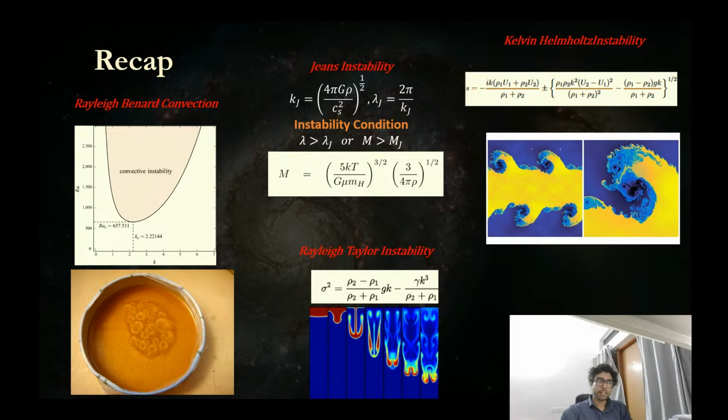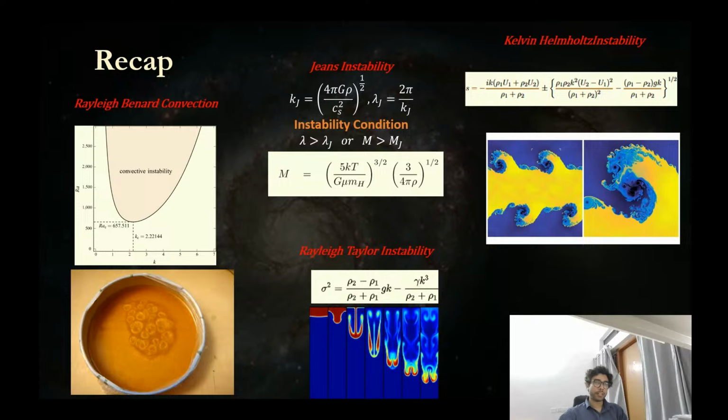So last week we studied different kinds of instabilities. For example, Rayleigh-Benard convection, Jeans instability, Rayleigh-Taylor instability, and Kelvin-Helmholtz instability. And prior to that, we also studied another instability, which was the Schwarzschild instability. All of these different instabilities occur due to different conditions. For example, Schwarzschild instability, as I said,